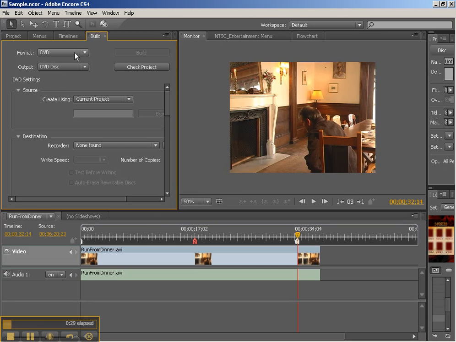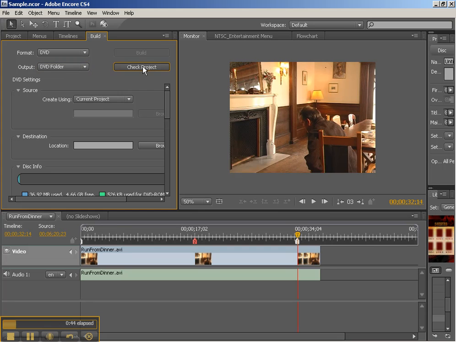So we're going to be saving this as a DVD. Output is going to be a DVD disk, or we could do a DVD folder. That way we can save it onto our computer somewhere and then burn it later. We're going to be using the current project. We want to go ahead and click